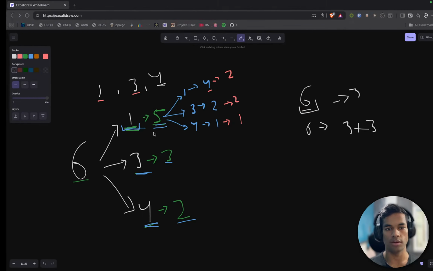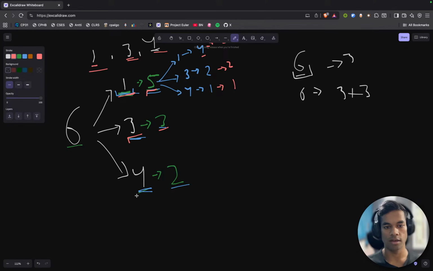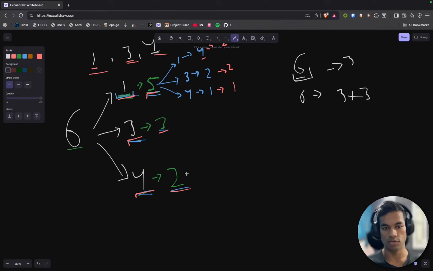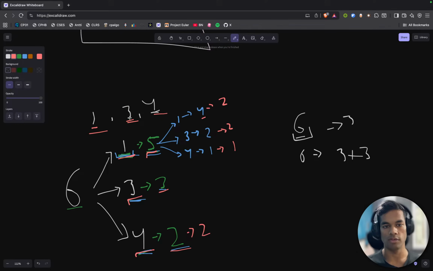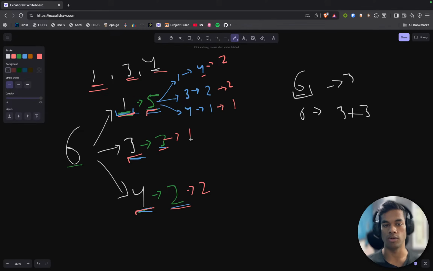Okay, so we said there are a bunch of choices, and when we do make a choice, what would our subproblem be like? Here it is 2. So to get to a 2, we need 2 coins of size 1. And to get to 3, we can directly get to 3 using a coin of size 1. So here the solution is 1, and